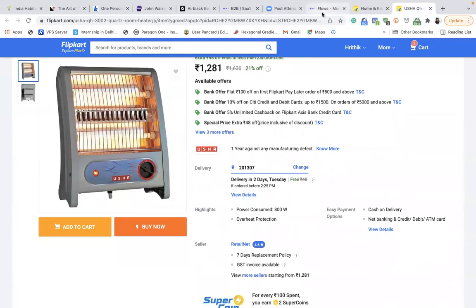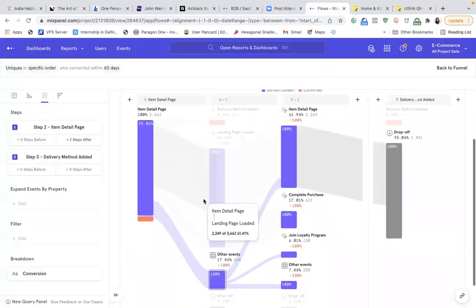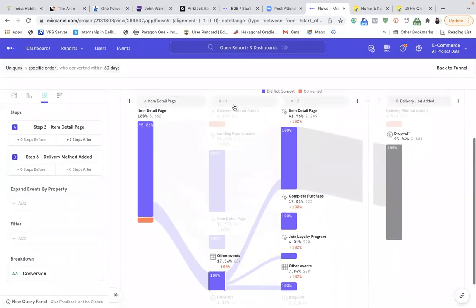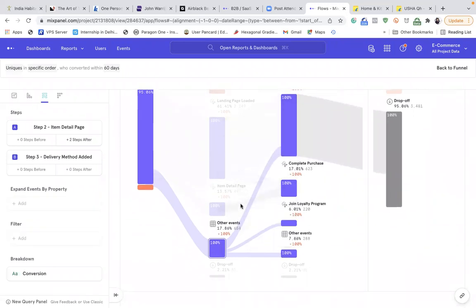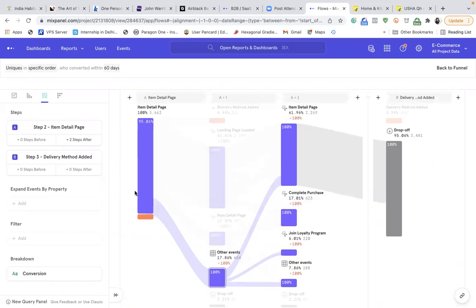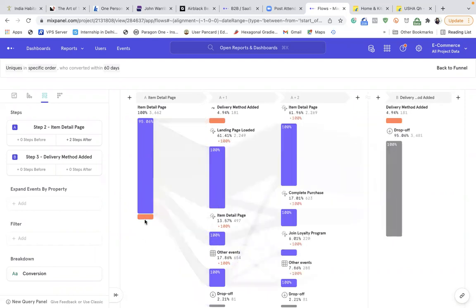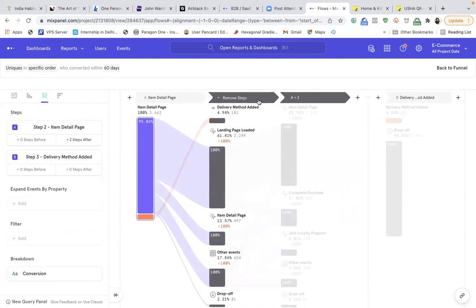But now, when you talk about buying the product, or maybe delivery method added, he's not able to check out, or maybe he's not completing the checkout button, right? There's a very less number of people who are actually completing the checkout. Now, let's talk about the people who have dropped off. The people who bought it, they're landing the page and they have bought the product. Correct. It means बहुत कम ऐसी जनता है जो डिलीवरी मेथड ऐड मतलब डिलीवरी पेज पे आ पा रही